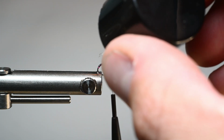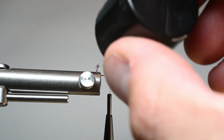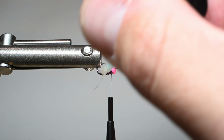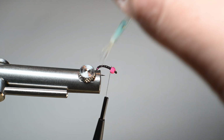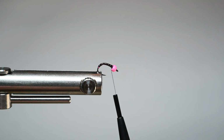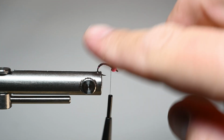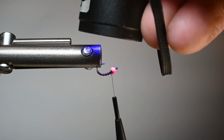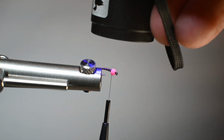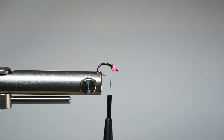It also adds a little bit of that non-smooth body, the ribbing. And so I'll just go ahead and put that on. If you get a little too much, just brush it off with your finger and make sure you don't touch your important shirt or your shorts with that until you have a chance to wash your hands. But we cured that up. It doesn't need a full cure at this point because we're going to use a little bit more resin later on,